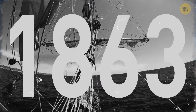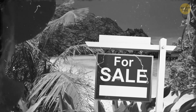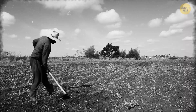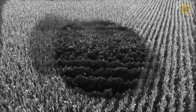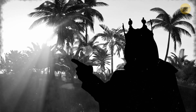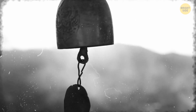In 1863, King Kamehameha IV sold this island to Elizabeth Sinclair, a Scottish farmer who owned plantations in New Zealand, for a sum of $10,000 worth of gold. In today's money, that would be around $200,000. The king asked for one condition: to preserve the culture and protect it from any outsiders. Over the generations, the island has been maintaining that promise and is owned by the Robinson brothers, who are descendants